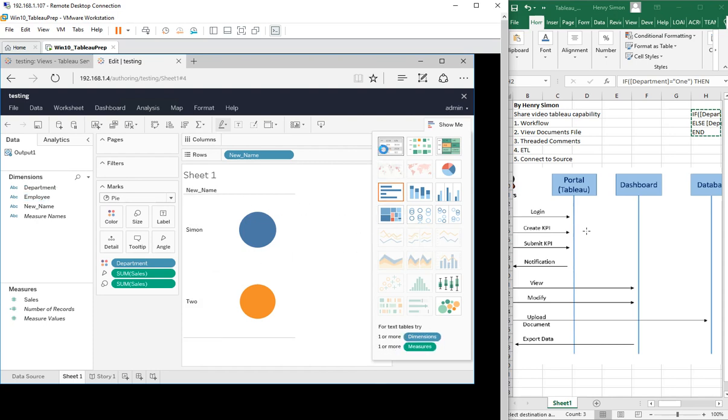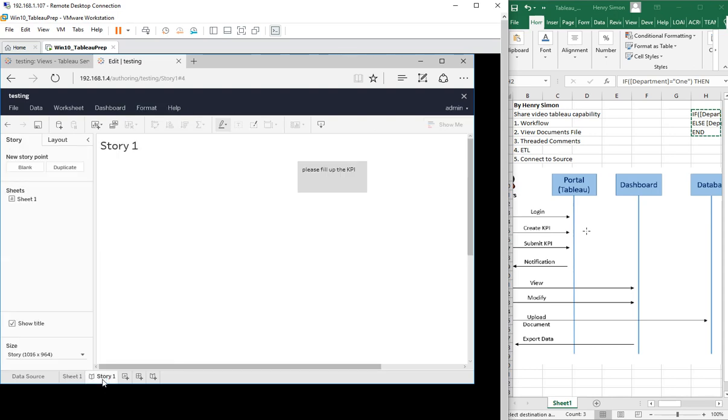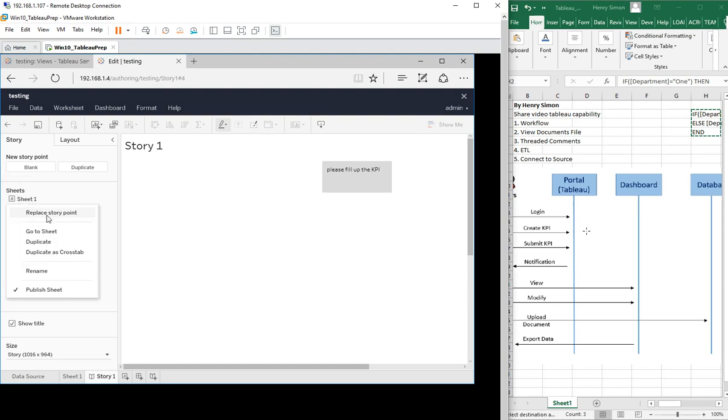Anyway, I have uploaded my KPI, and then I want to edit in the story. So I add this sheet one into here. Okay, to add the sheet, you can right click in here and replace story point. So you add this and then you can save.